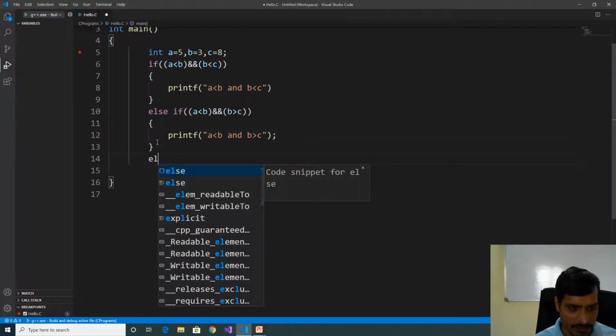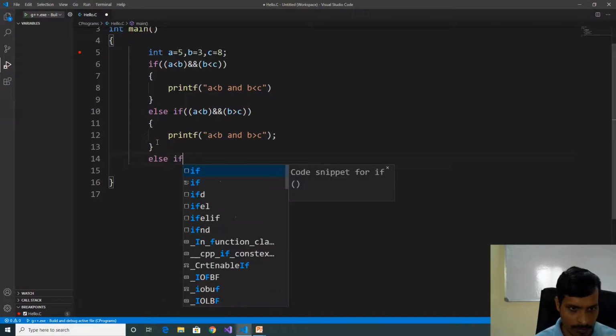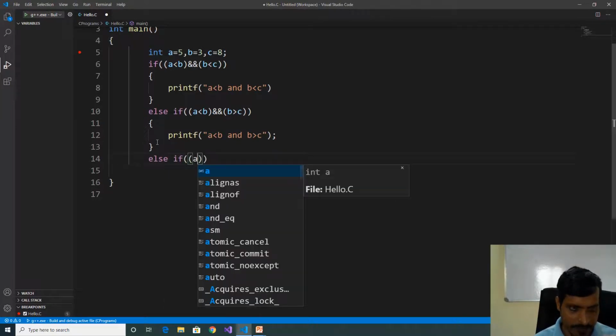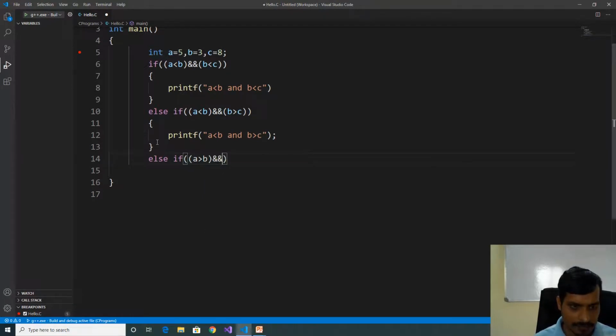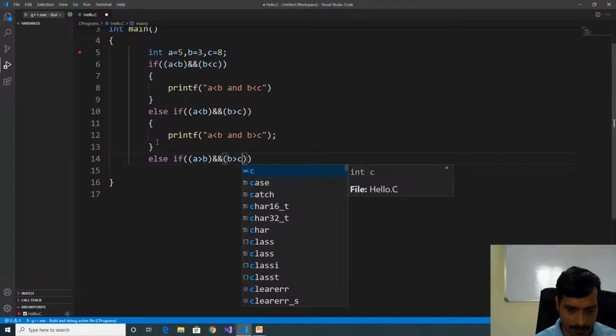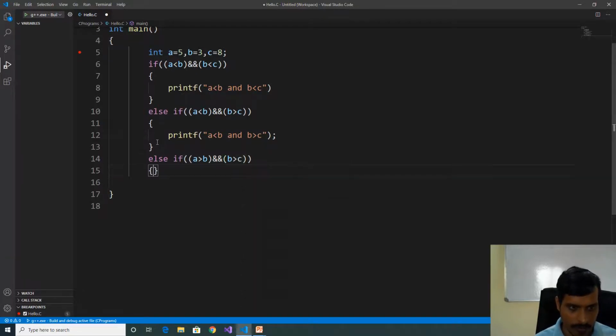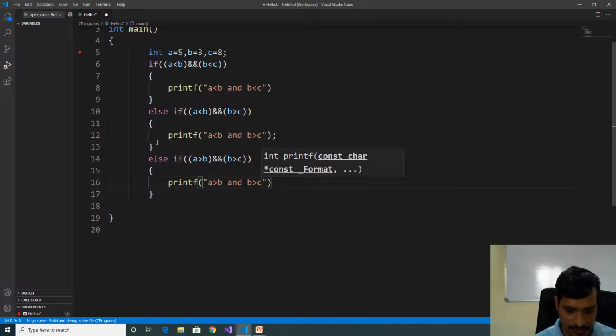Else if a greater than b and b greater than c, printf a greater than b and b greater than c.